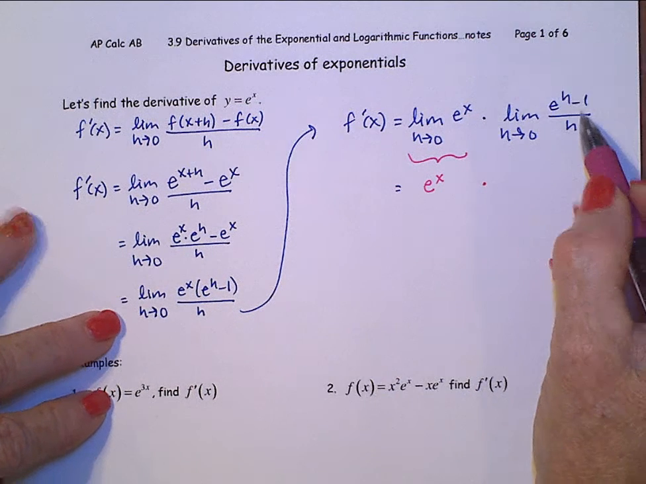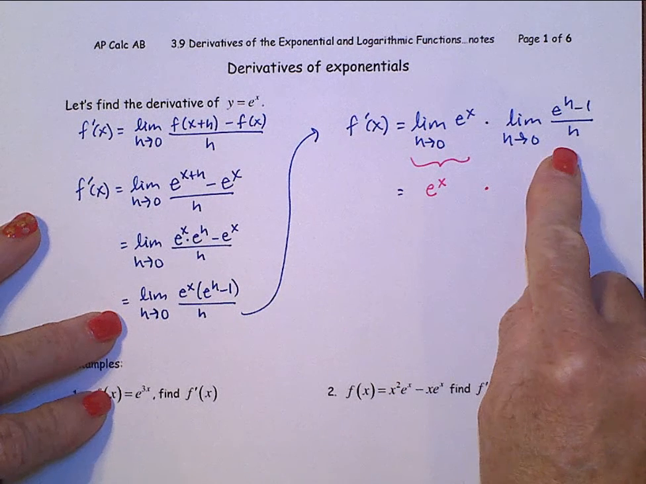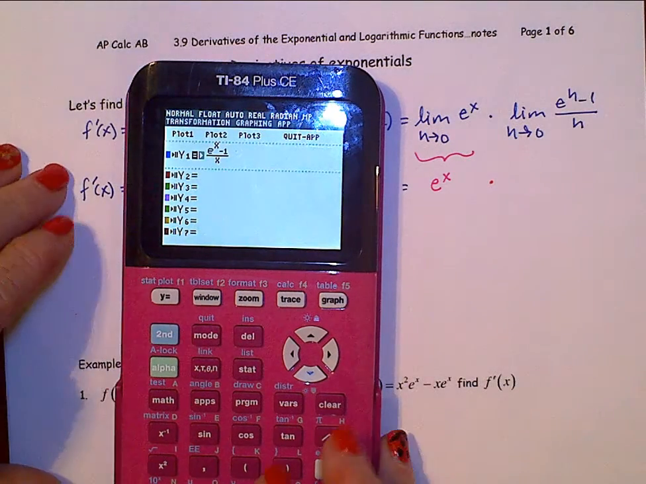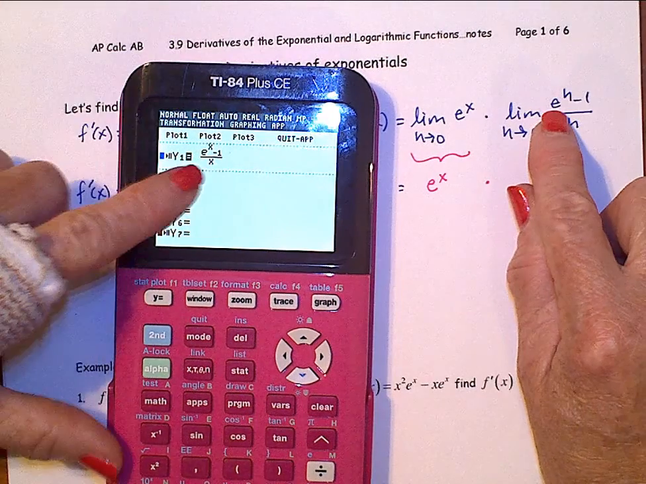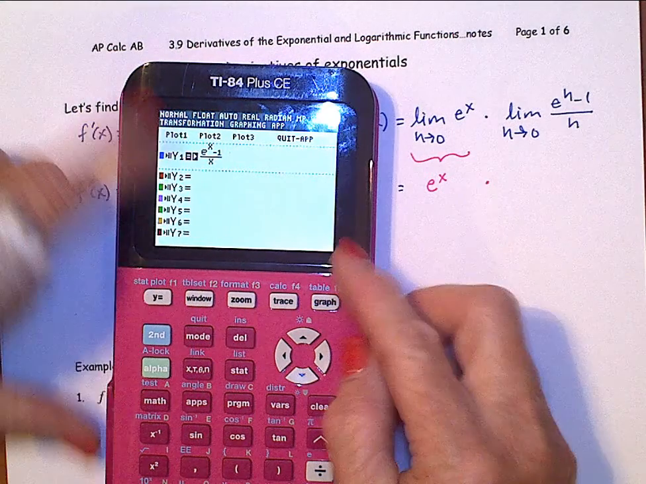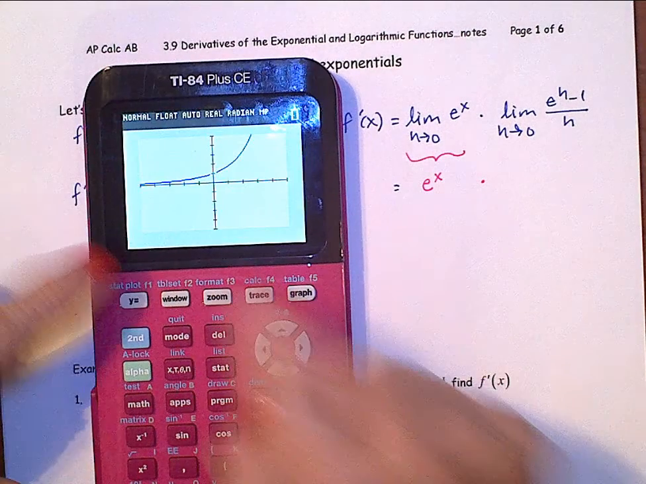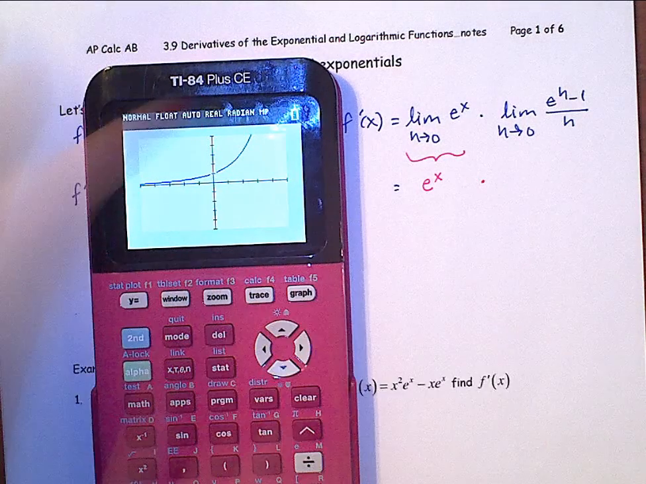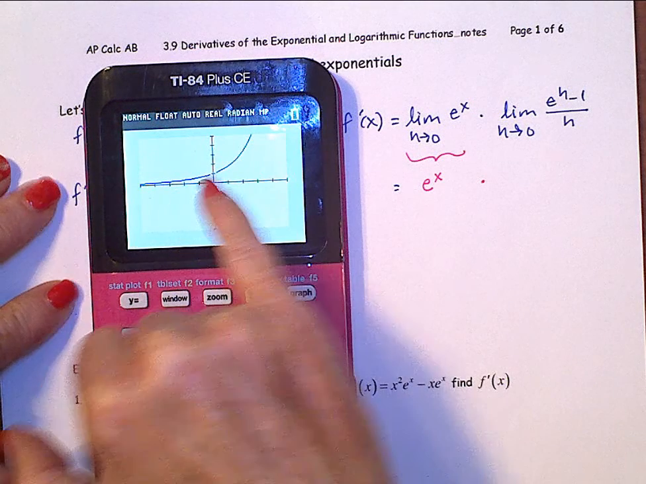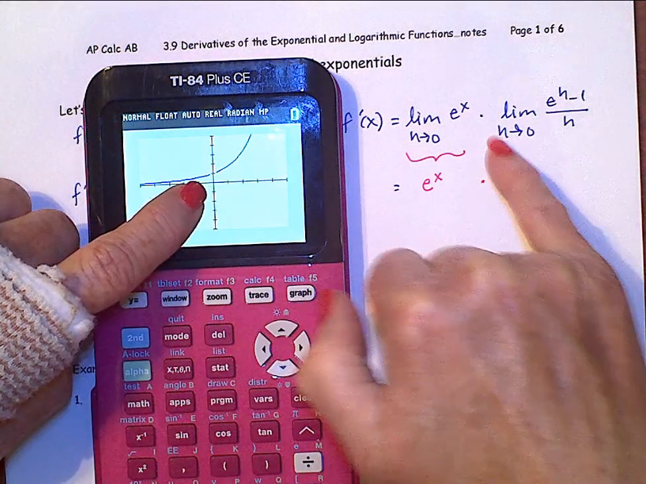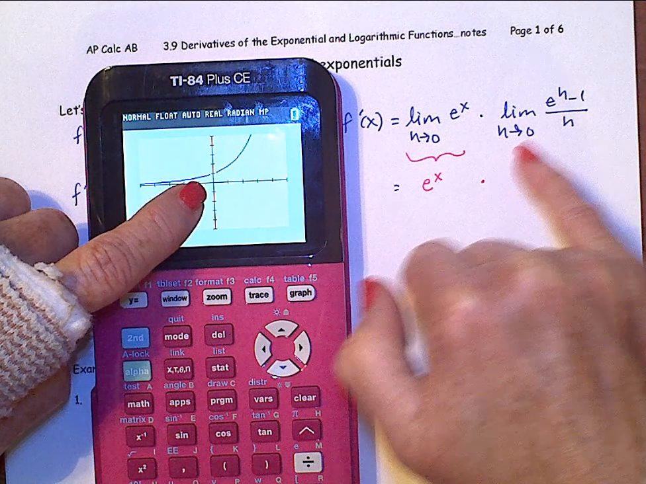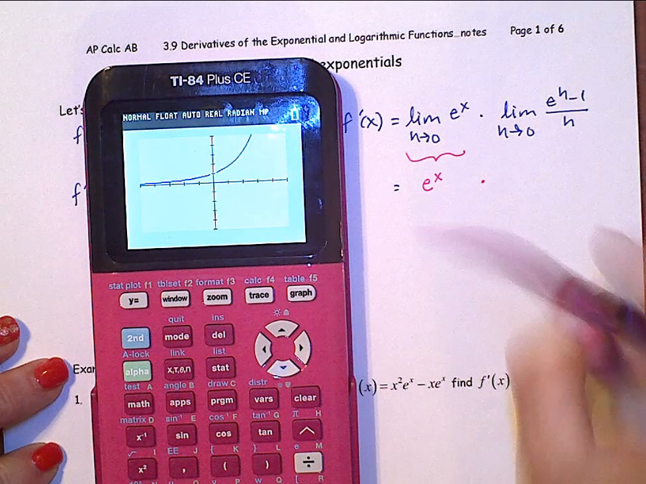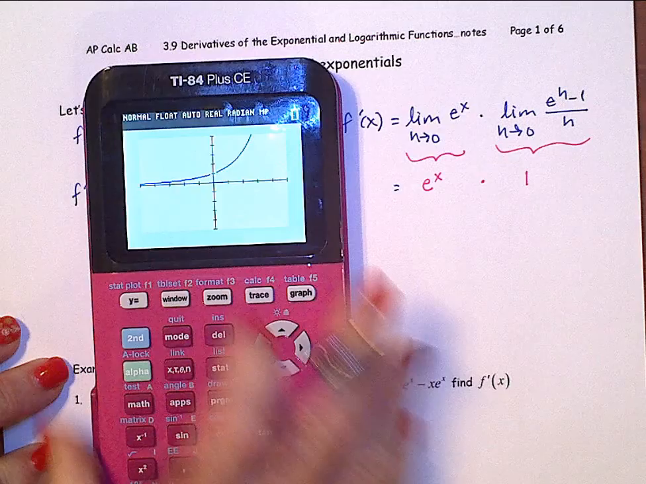We don't know what that limit is. It's not something we've memorized. We can't factor. We can, however, go to a calculator, and I've graphed e to the x minus 1 all over x. And when we look at that graph from -5 to 5 in the x direction, -5 to 5 in the y direction, we see here as x gets close to 0, which is like h getting close to 0 over here on e to the h minus 1, we see that that function gets close to 1. This limit then is 1,